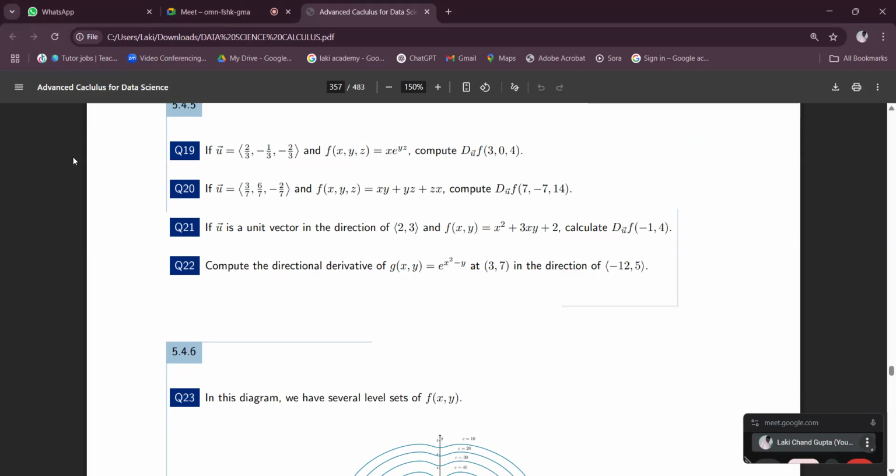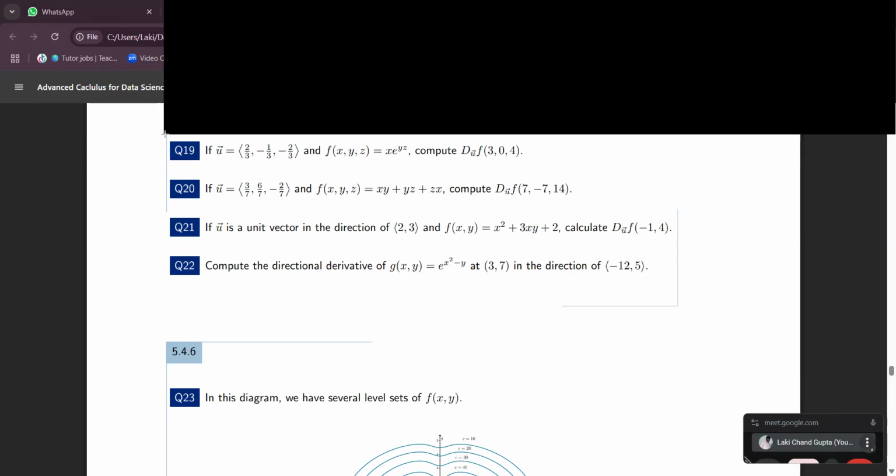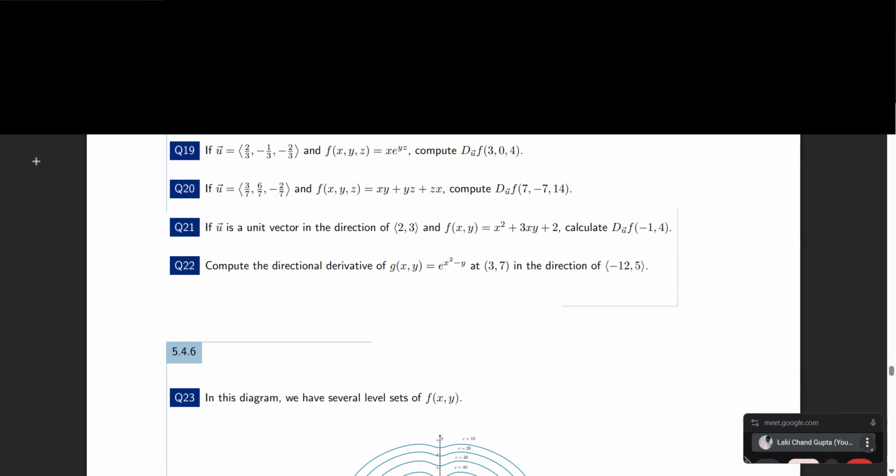So you have to find the derivative first for each variable, right? So we differentiate by x, then y, then z. Okay, this is u. f_x will be e^(yz). f_y will be